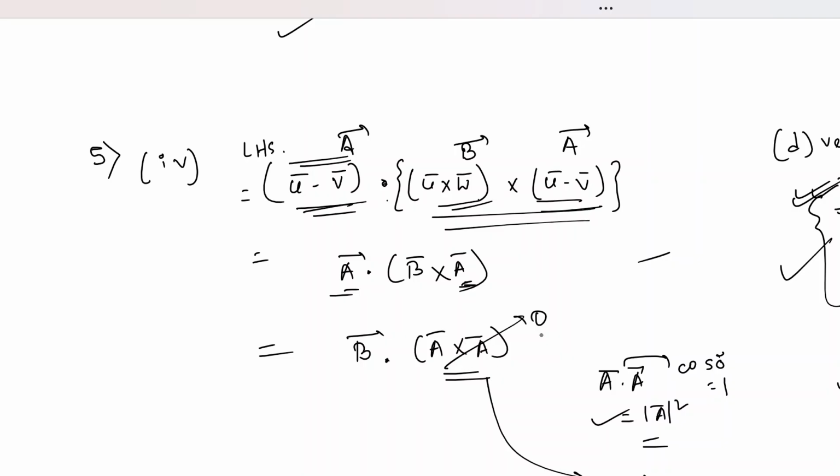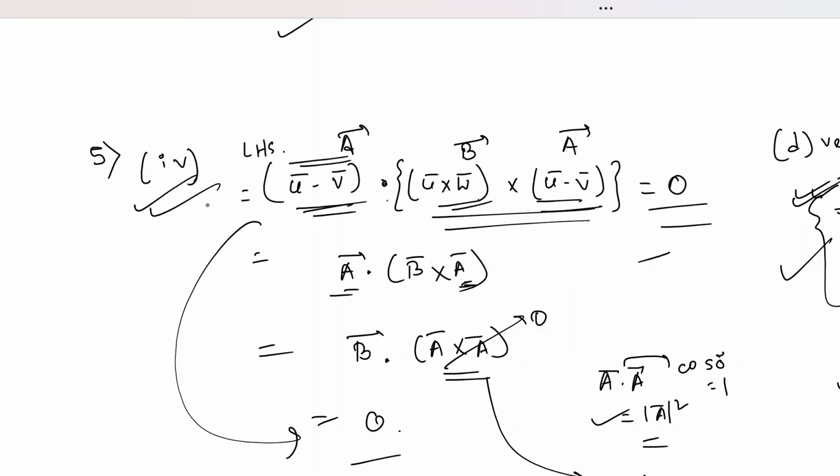The vector taken cross product with itself will give you 0, and this dot product with a 0 vector will also give you 0. So this part is already giving you the equation to be true and equal to 0, and we can say that statement number 4 is correct. We did not have to solve a very long derivation. We just had to know the vector identity rule, and you could directly apply it here. That is the generic idea you need to follow.